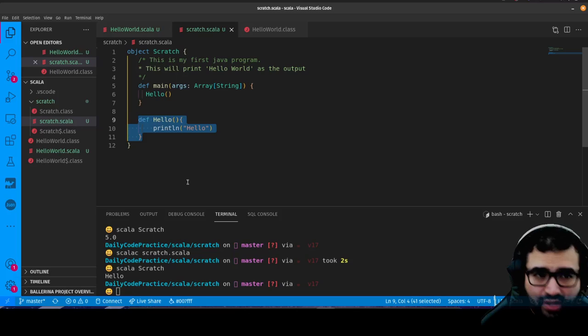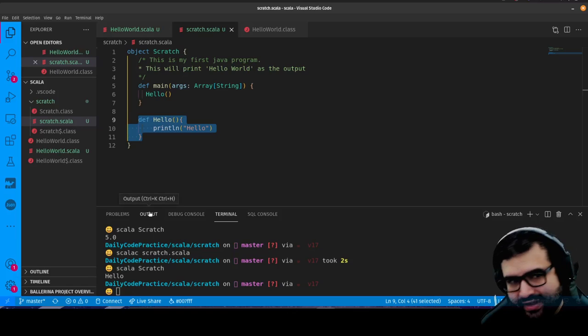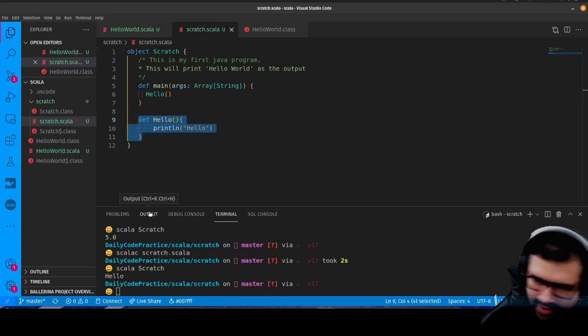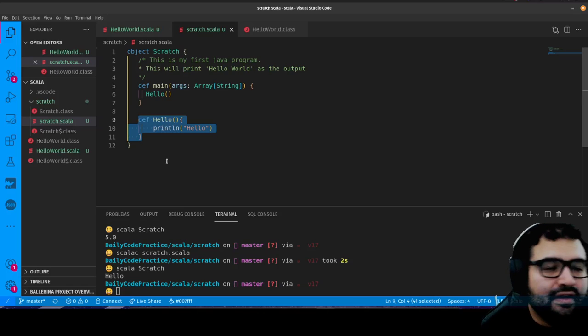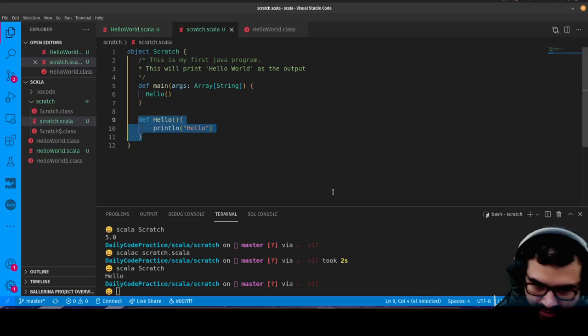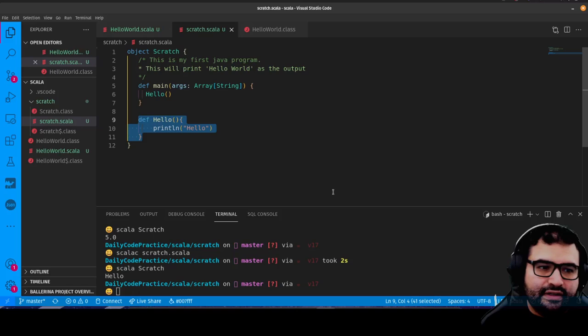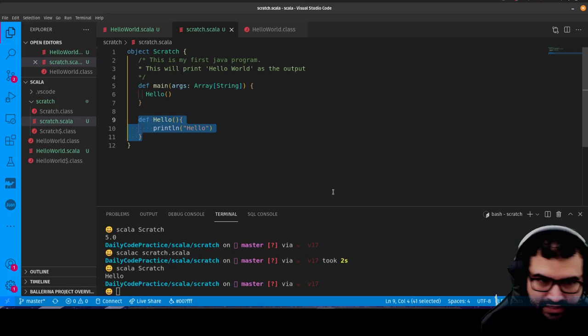I could even write other classes. Typically, you probably want to write that in another file. Usually it's one class per file, and you import them as needed. But yeah, so that's an introduction to Scala. So the goal here was to get you setting up your environment for Scala. So installing Scala and Java, and then getting the extension for VS Code, and just writing your first couple basic programs.